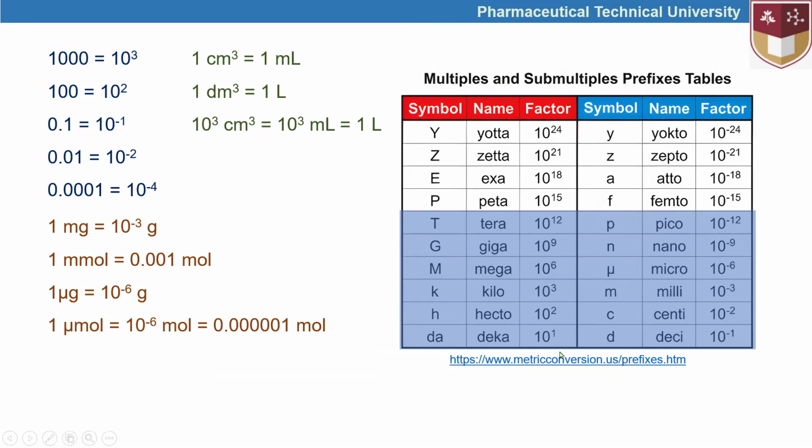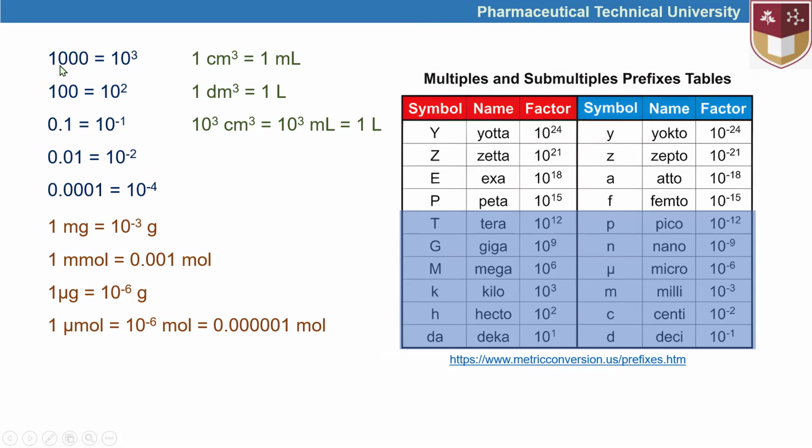Deca stands for 10, so 10 to the power of 1, where the 1 is usually not written, equals 10. If we have 10 to the power of 2, after the 1 there are 2 zeros, which means 100. 10 to the power of 3 equals 1000, which means there are 3